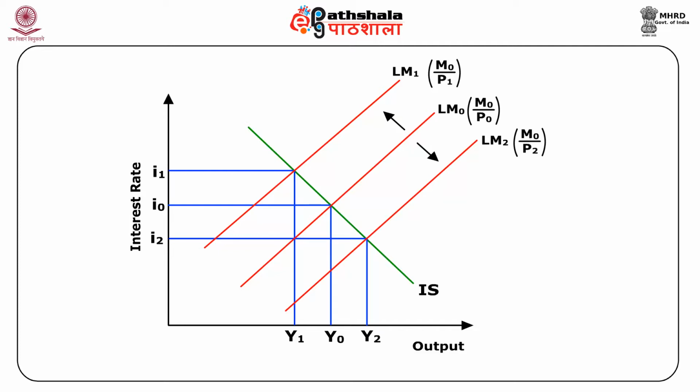What does this tell us about the relation between the aggregate price level and output? As price increases, real money supply is reduced. The LM curve shifts to the left and equilibrium output is